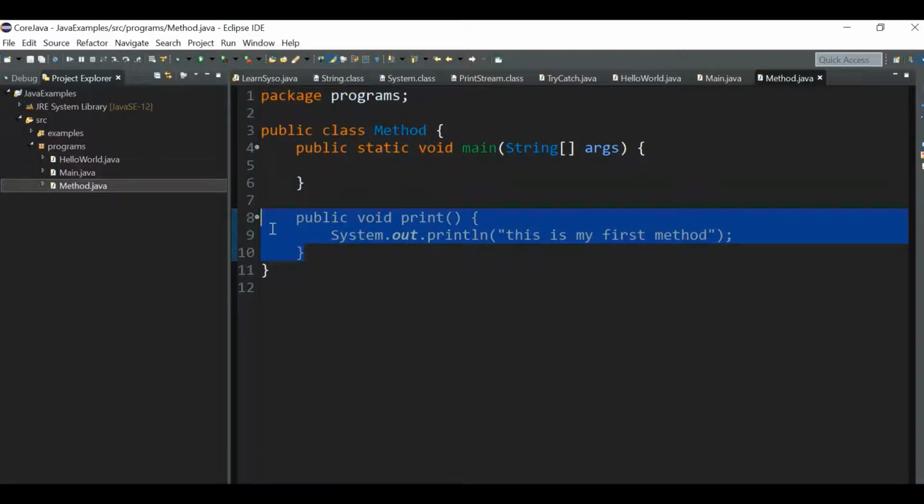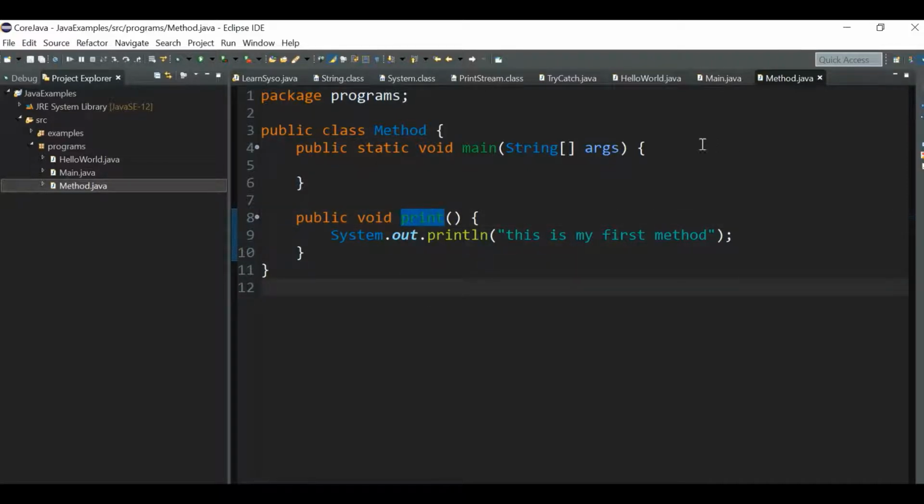Now in order to run this, as we discussed, every program execution begins from the main method only. So in order to call this method, we have to create an object of this class, and only then can we call print, right? We already discussed objects and classes in our previous video.